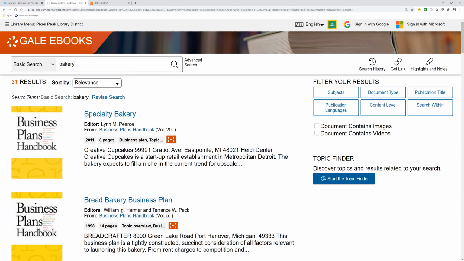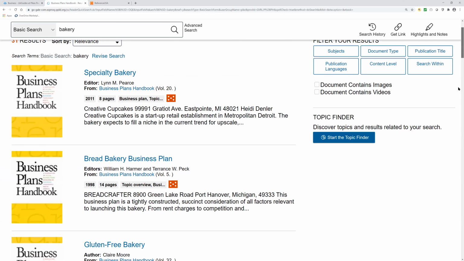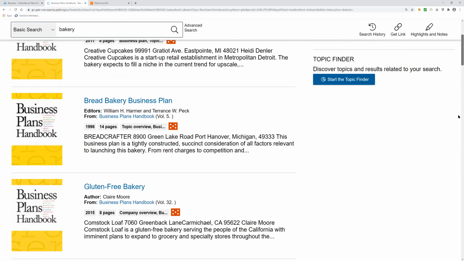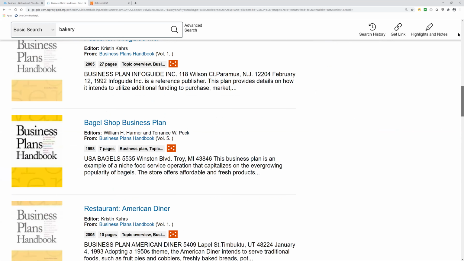And then one underneath it is volume 5, and then 1998. This goes back to about 1995, and then it does go forward to 2020. So we do have newer ones there. Anytime it uses your term anywhere in there, it doesn't have to be part of the descriptor, it will come